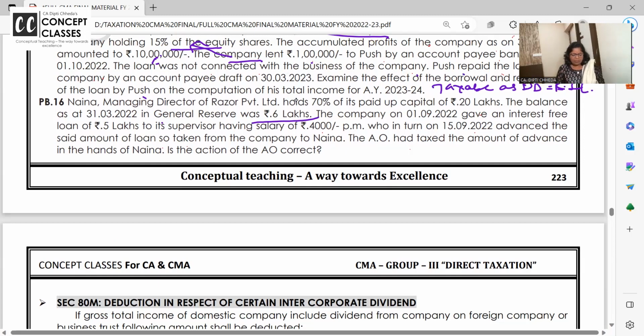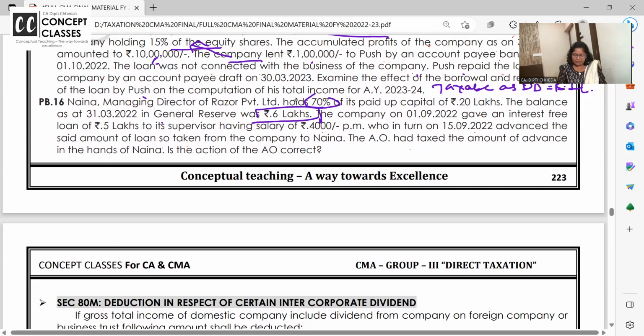The said amount of loan was taken from the company by Naina. Are you getting? कंपनी कौन सी कंपनी है? प्राइवेट कंपनी है. उनके रिजर्व्स कितने हैं? 6 लाख. वहां पे एक नैना है जिसके पास 70% शेयर्स हैं, and the company has given an interest free advance